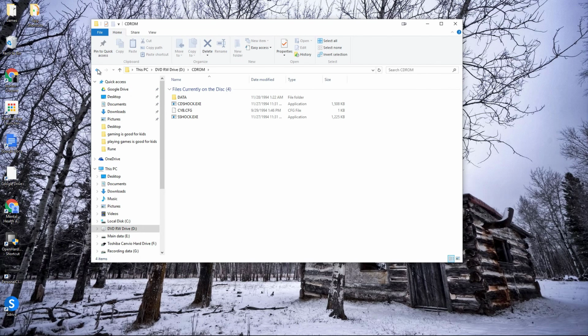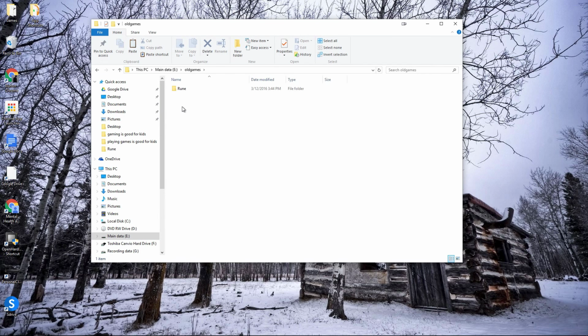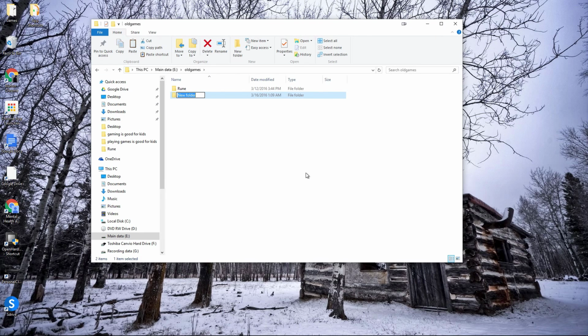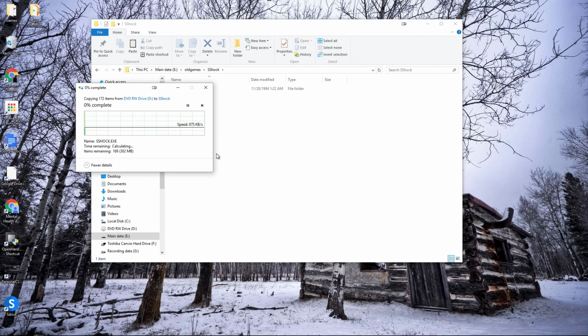Here we're going through the menus of the CD-ROM. System Shock came on either floppy disk for a basic version, and then this is the CD-ROM version, which had some extra media files, things like some full motion video and that sort of thing with it. So we're going to try installing the CD-ROM